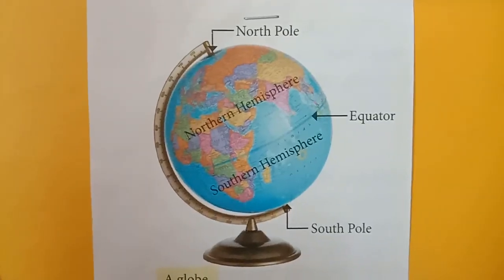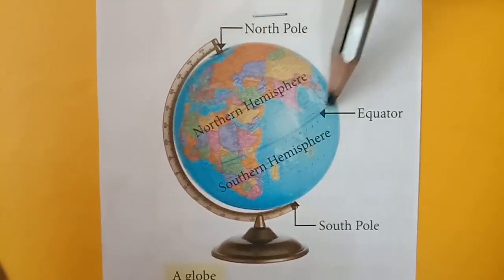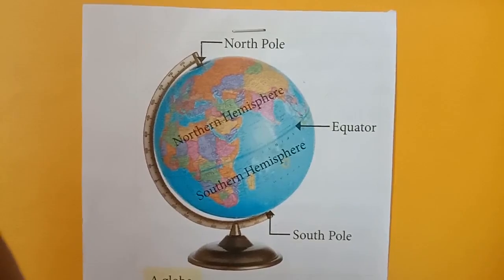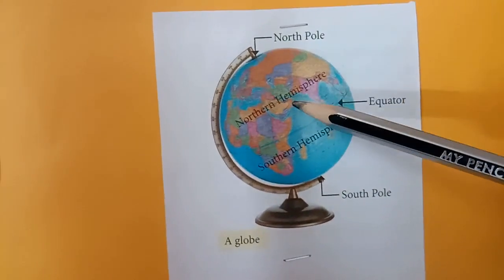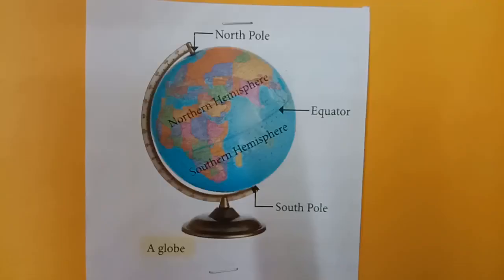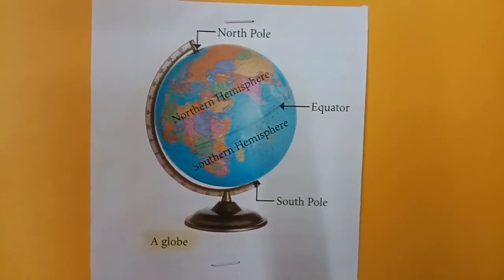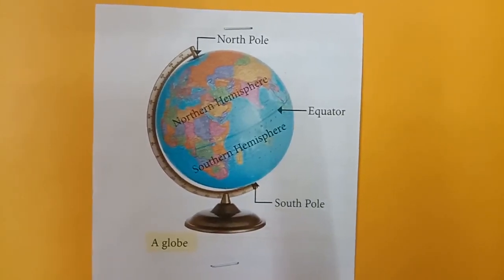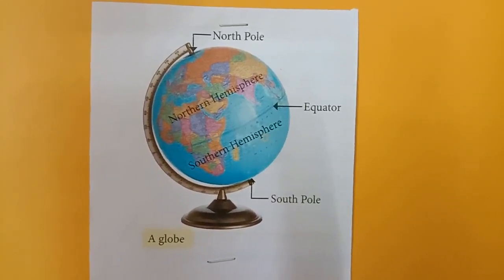There is another imaginary line that cuts the earth in the middle horizontally. This line is called the equator. The upper half is called the northern hemisphere. The lower half is the southern hemisphere. A globe gives us a clear view of the real location of continents and oceans in true relationship to one another. Because of its size, a globe cannot show all the details like a wall map.